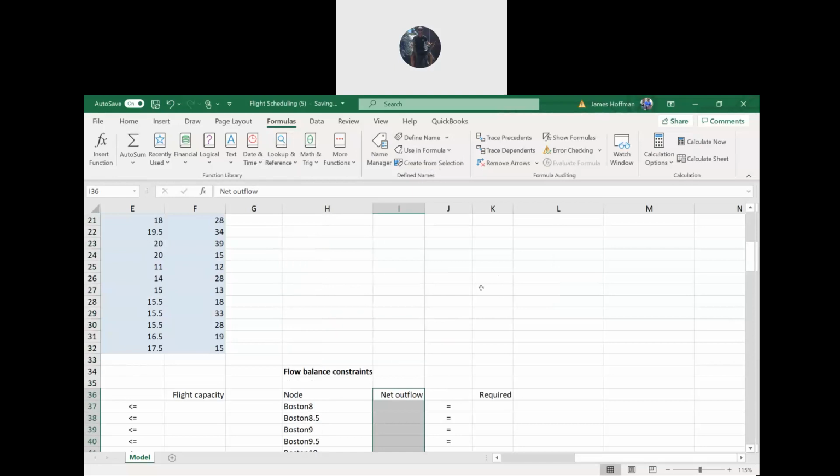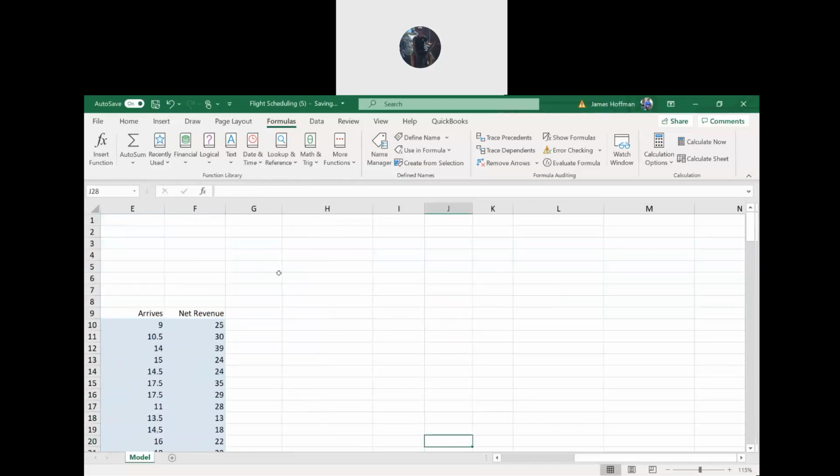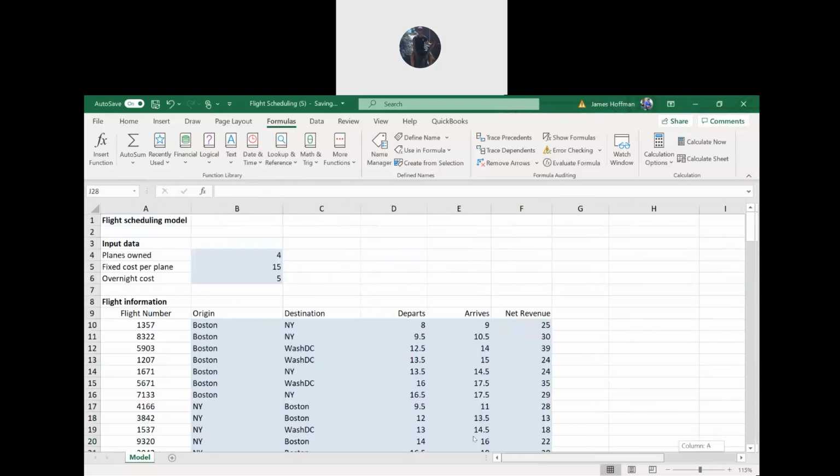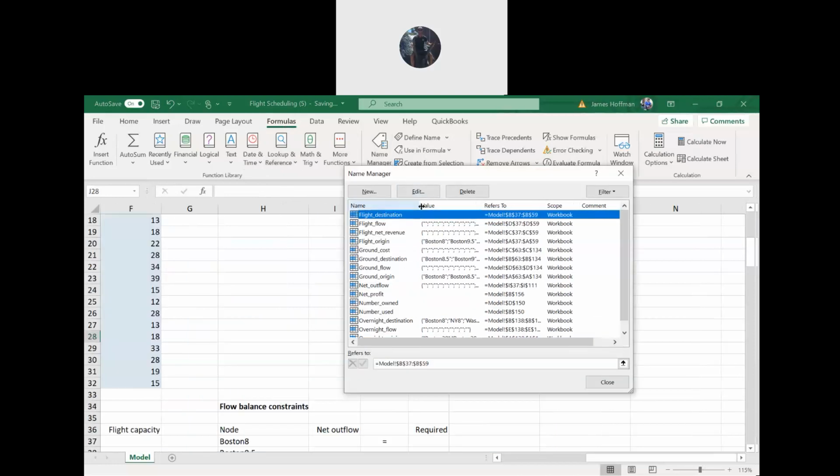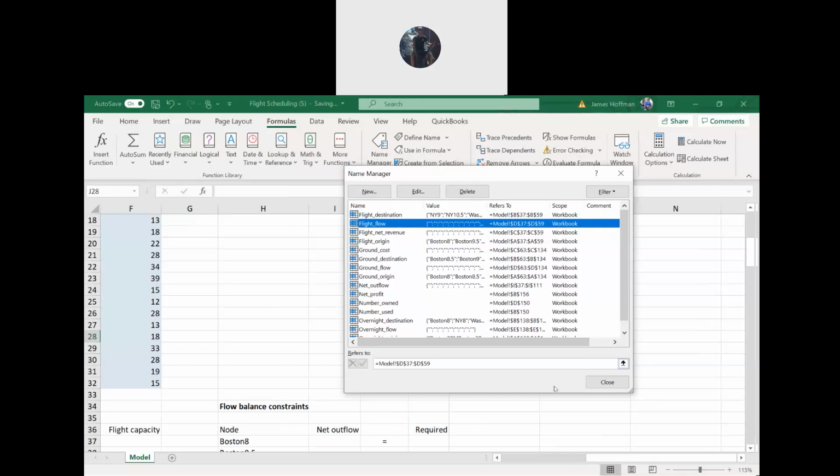Okay, all right, I think we have them all, but let's double check. So let's go ahead and click on formulas tab and name manager. So let's go through these here. So double check if you need any of these repeated, then let me know, and I'll show you where the range is. But we have flight destination, flight flow, flight net revenue, flight origin,